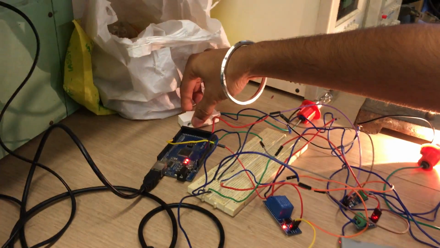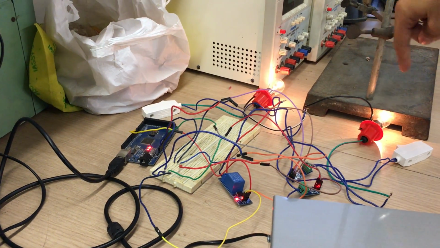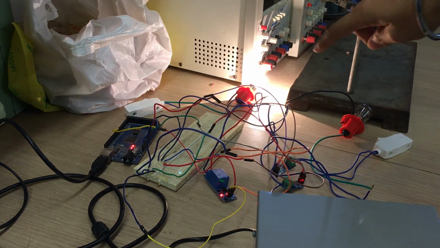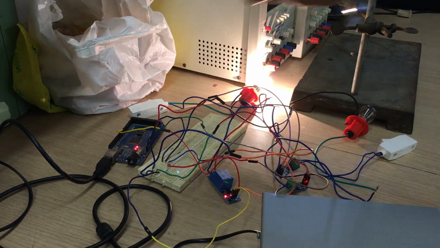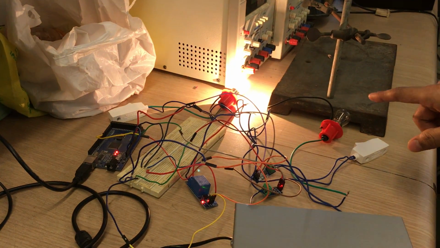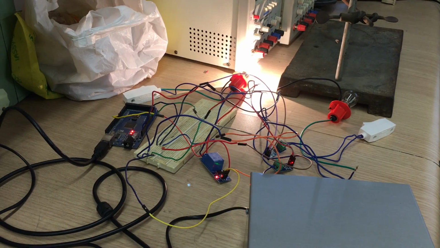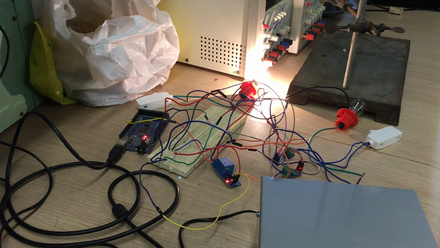Now if there is a theft connected right now, you can see the bulb dims, and since there is a dividing of current, now you can see the load connection is switched off, and here the display shows that there is a theft detected. Now this happens because the current received by the load is less than the original current from the supply. So the load of the consumer is disconnected from the supply.